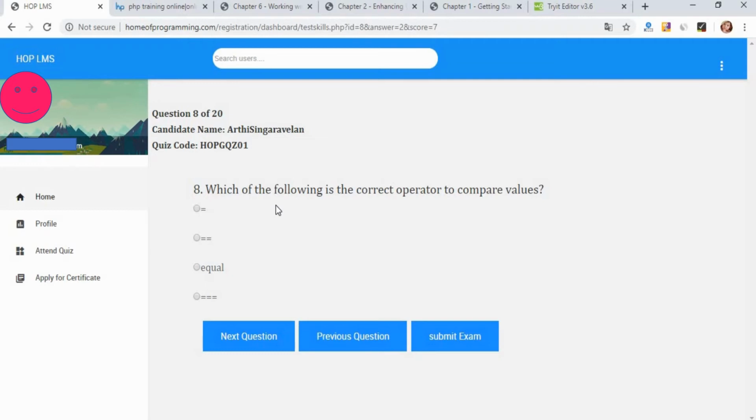So in such cases you have to use the operator double equal to, right? The single equal to operator assigns the value to a variable. Equal is not an operator in C, and similarly concurrent is also not an operator in C, right? So let's move on to next question. The answer for this question is double equal to, which compares two values of similar data type.